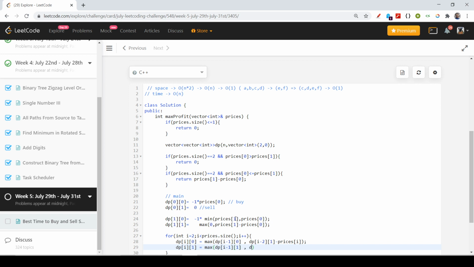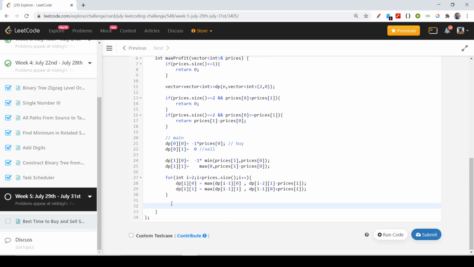And if I opt to actually sell here, I have to do a buy in the last state, so it would be i minus 1 comma 0 plus prices of i. I added the price here because I am obtaining this money in my hand, and here I write a minus sign because the money is going out of my hand.